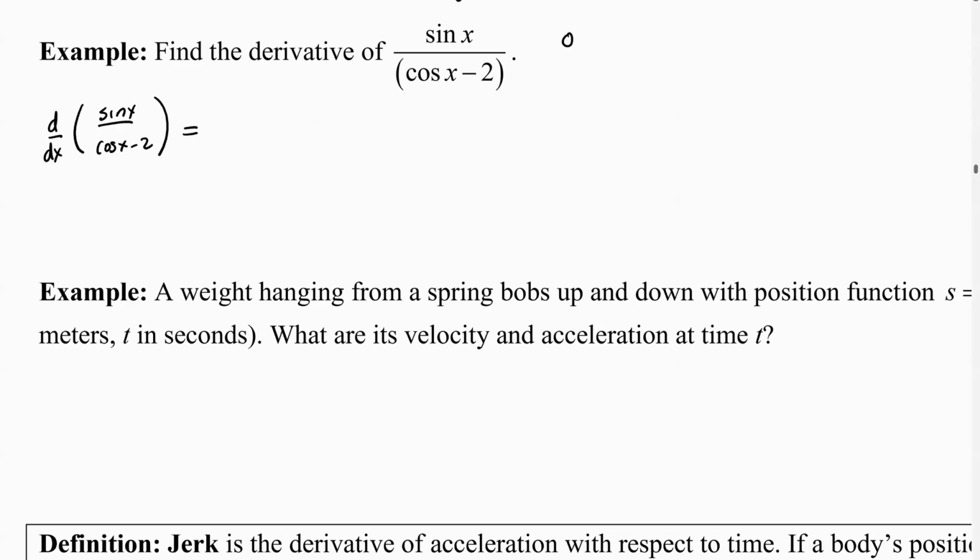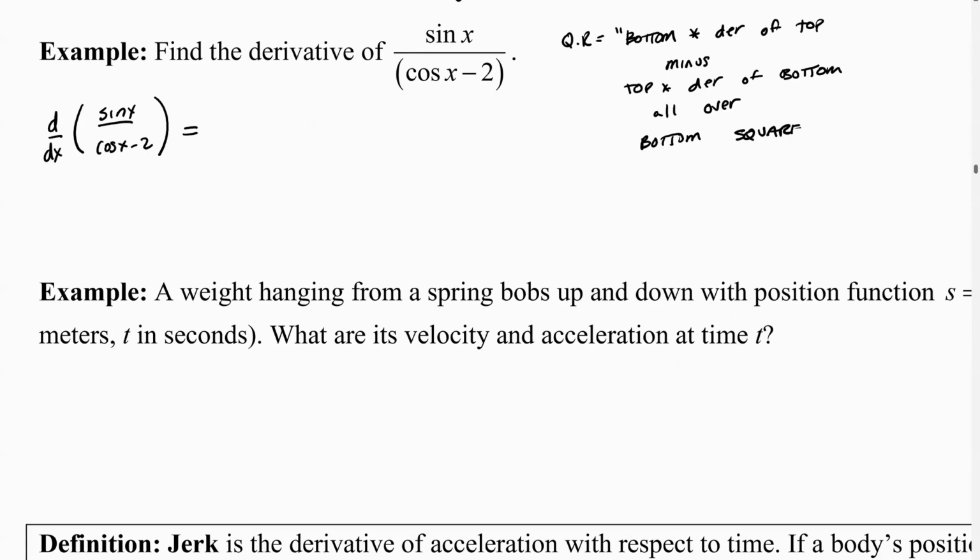I'm going to remember that the quotient rule is the bottom times the derivative of the top, minus the top times the derivative of the bottom, all over the bottom squared. And again, I'm writing it out, but I'm going to repeat these words every time I do a quotient rule. I'm going to say bottom, and I'm going to write that bottom expression